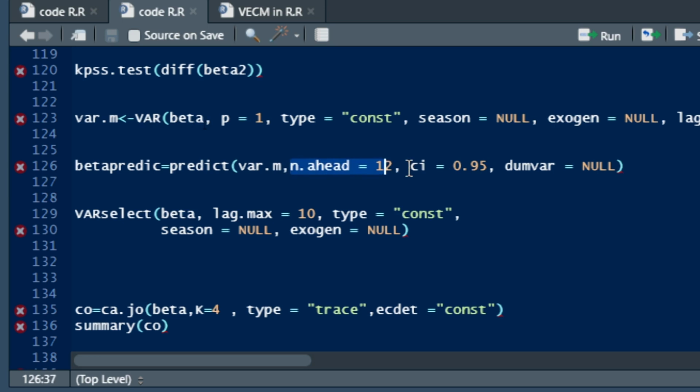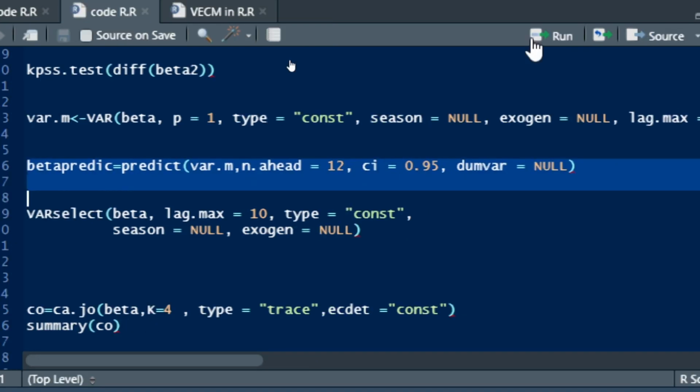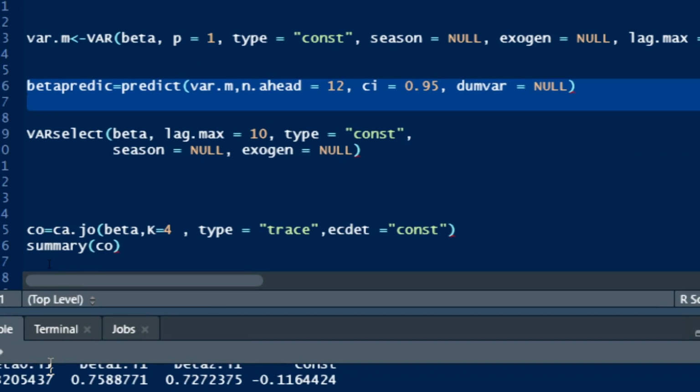We have also a confidence interval threshold, the confidence interval level, which is 95%. We also have defined dummy, saying that there is no dummy that is going to be used in order to predict our model. So then we will run the command and we can see that